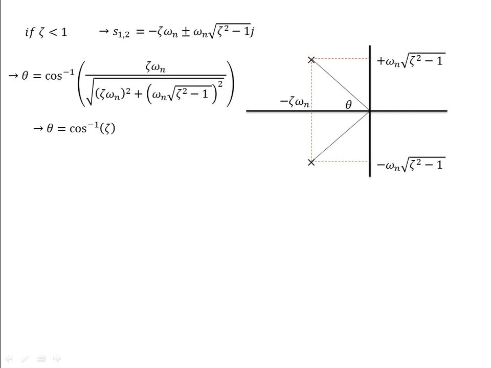Let's look at this when the damping ratio is 0. If we have the underdamped system, in this case theta will be 0, so these two poles will be on the real axis. In other words, if we decrease theta, these two poles will move towards each other, towards the real axis. If we increase theta or increase the damping ratio of the system, these poles will move towards the imaginary axis and